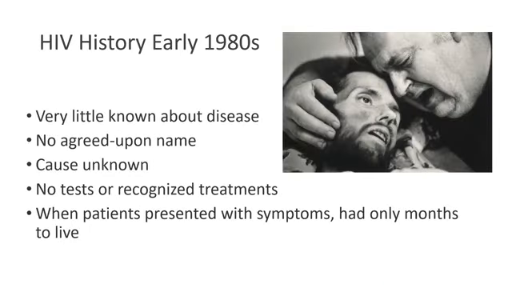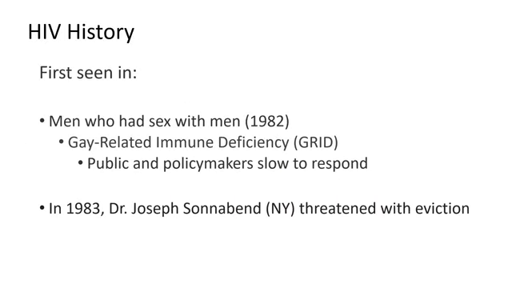So in the early 1980s was when the disease first appeared in the United States, and there was so little known about this disease. There was no agreed upon name. Different people called it different things. The cause was unknown. There weren't any tests for it. And because it was unknown, what usually happened is patients got super sick. They were ill for months, or in some cases years, but typically months or at least weeks. They would come in and they would just be so sick. They'd have several diseases, tuberculosis and cancer and whatever else, and they would die from those particular diseases. It wasn't actually the HIV virus that killed them. It was that group of other diseases.